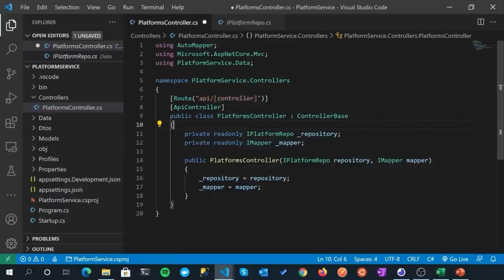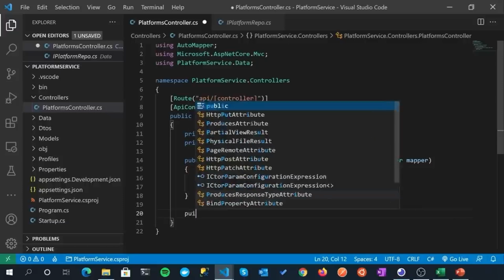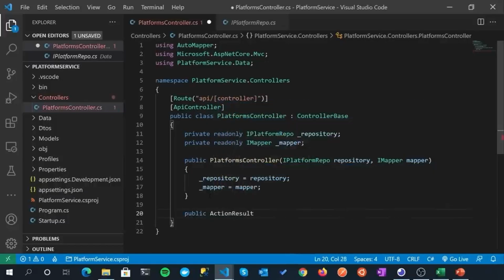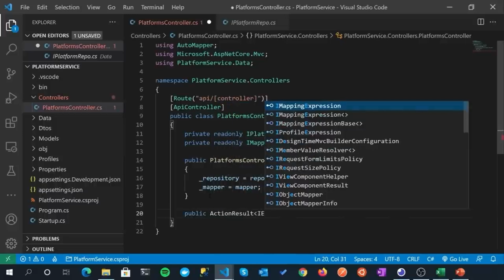All right, fantastic. So now we want to come on to our first action, and in doing this first action, we can test to see whether everything we've done so far has worked. We're going to do an action that just gets all the platforms that have been added to our backend database. So public ActionResult of type IEnumerable.